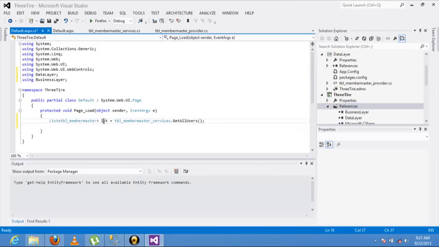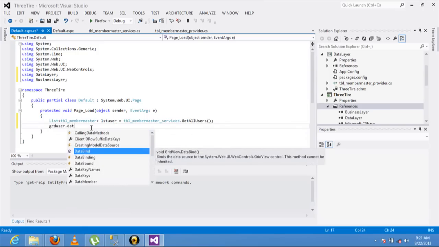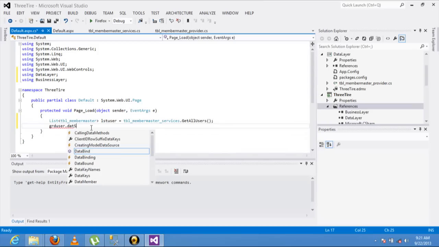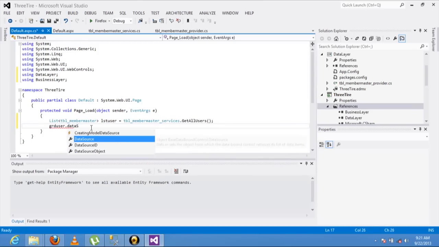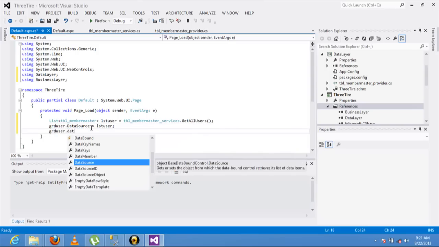It gets all the data from the database in the list variable. Let's name it list user, and bind it to the grid view. Grid user dot data source is equal to list user, and call grid user dot data bind.